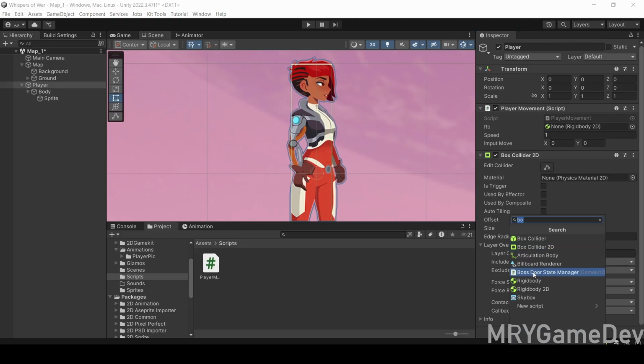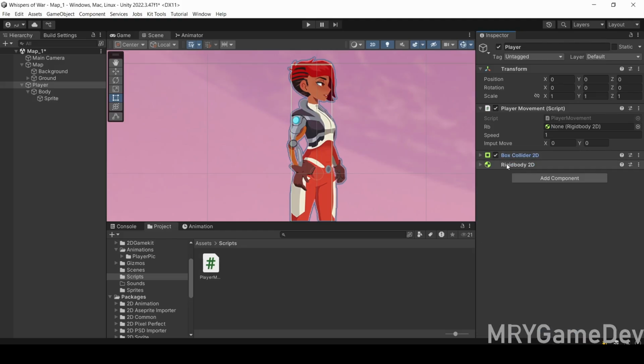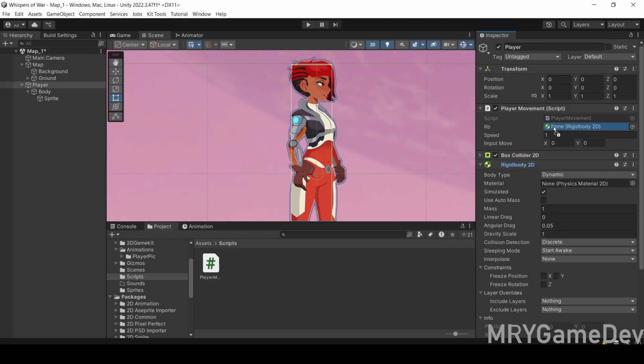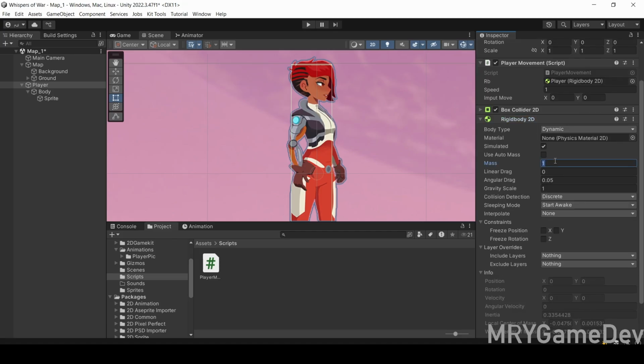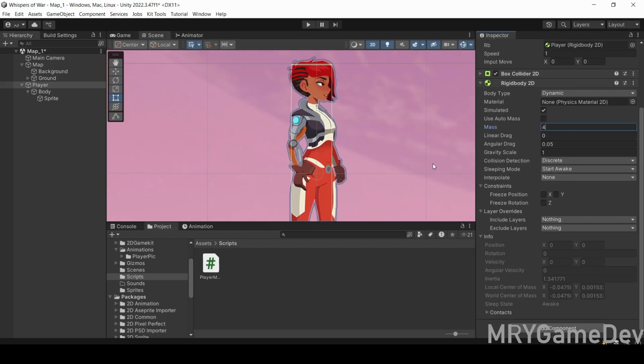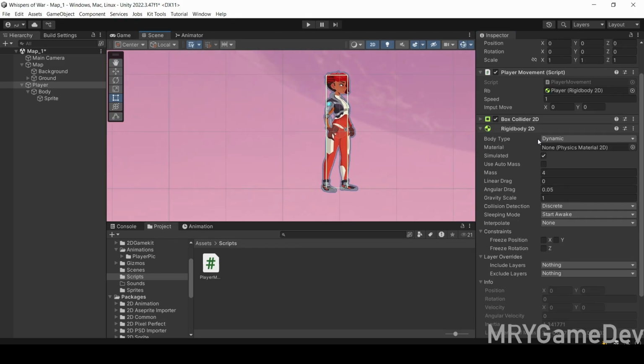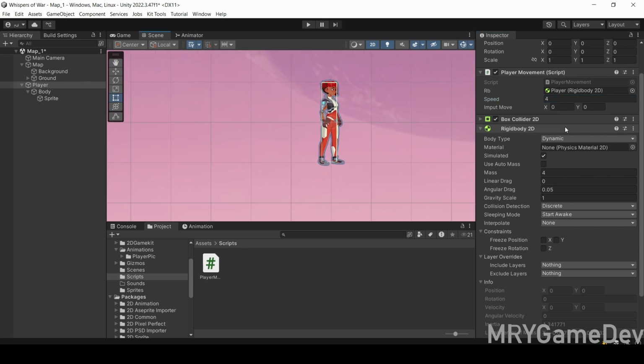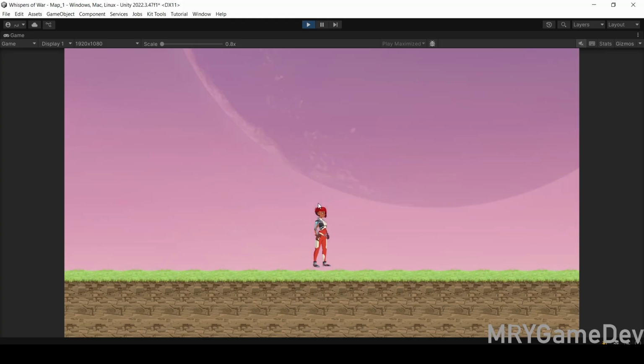And the Rigidbody2D, I drop that to the rb parameter for using in the script. I change the mass to 4, and I set speed to 4, or 3 is better. Okay, now I run for a test, and when I run, my player goes right and left,